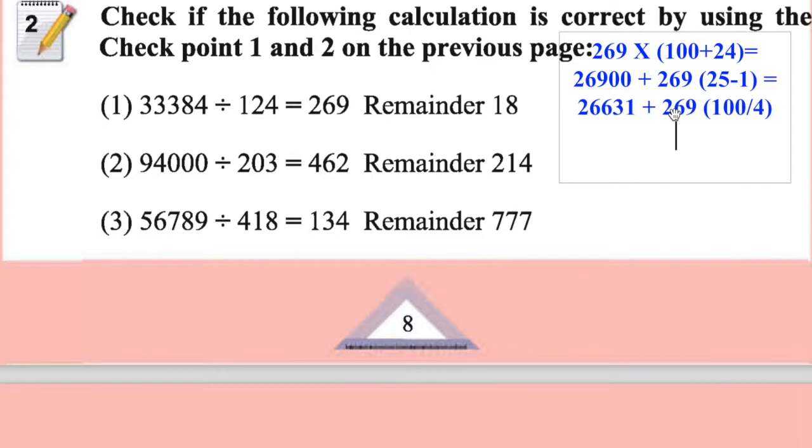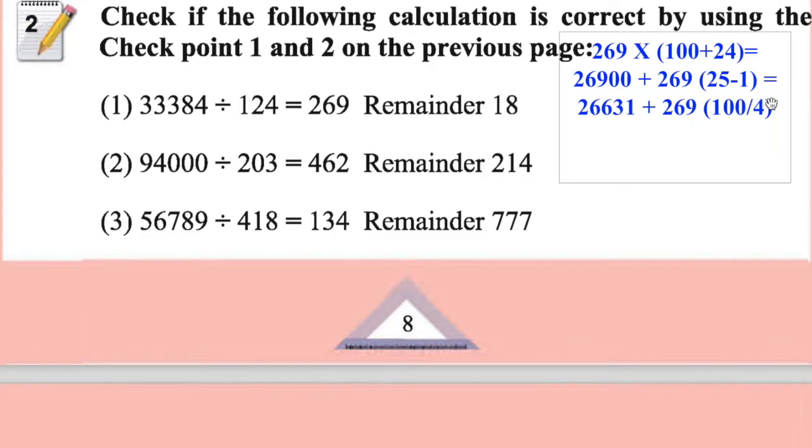And this is 26,900 divided by 4. Yes, can we do that easily? Yes, it will go by 2 or 4, I guess so. Yes, it will go. Why not? Last digit is 0, right? So 4 4s are 24.